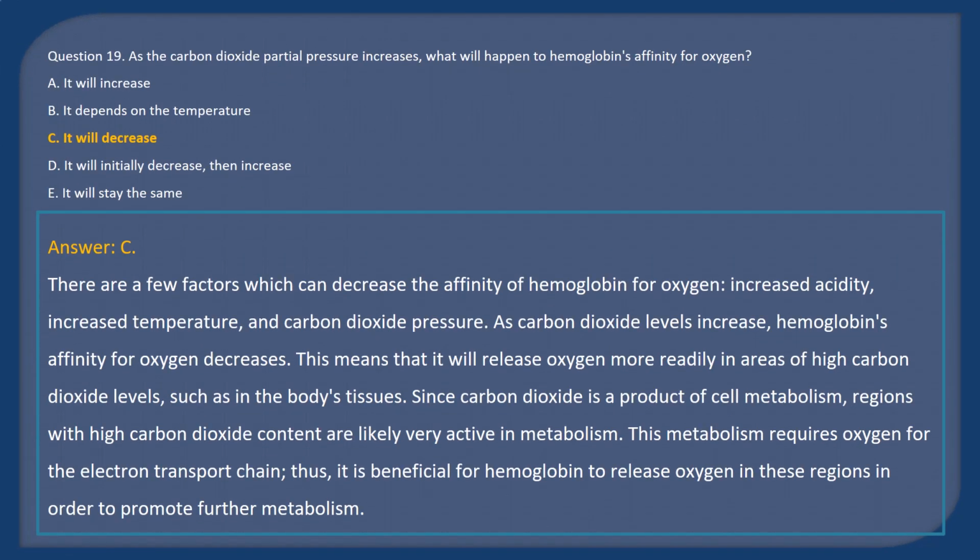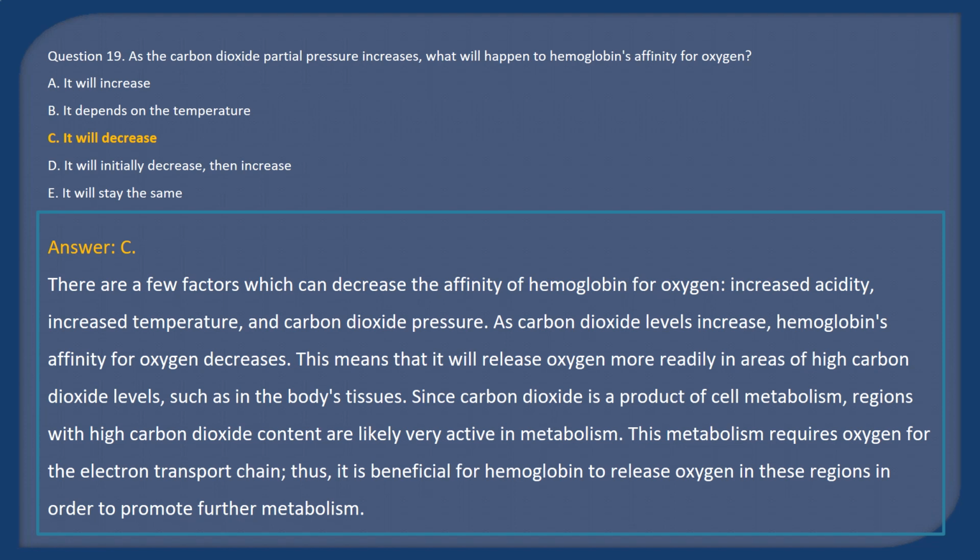Answer C. There are a few factors which can decrease the affinity of the hemoglobin for oxygen: increased acidity, increased temperature, and carbon dioxide pressure. As carbon dioxide levels increase, hemoglobin's affinity for oxygen decreases. This means that it will release oxygen more readily in areas of high carbon dioxide levels, such as in the